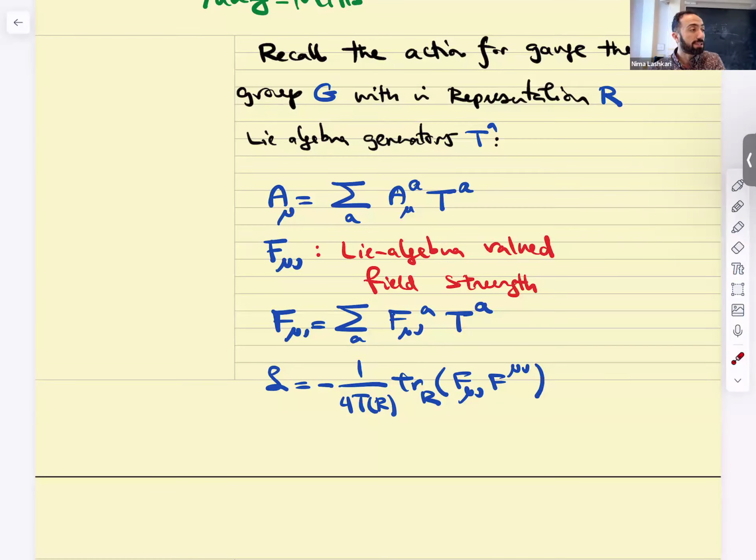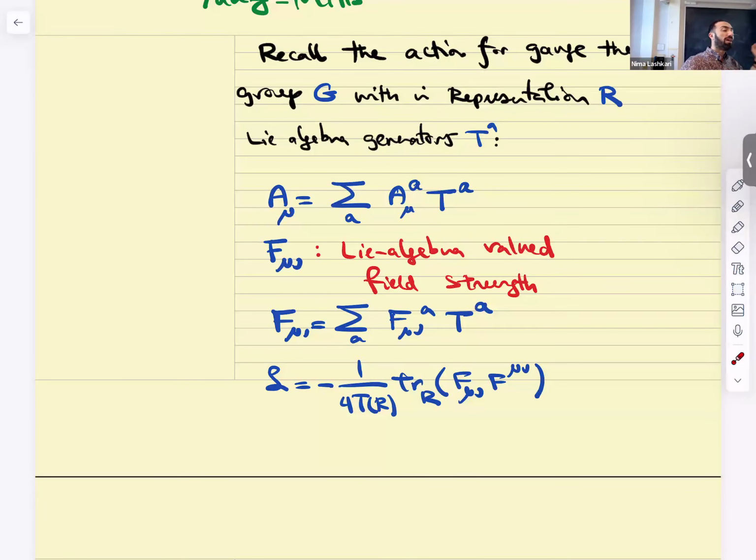I could have, and I did not. I did not, and nobody complained. I just wanted to say that I did not include it. There was a reason for that. Well, I don't think any of you took that course with me. I taught a course on topological phases of matter, and there's a detailed discussion of that over there. But all I want to say is that you're asking why we didn't include it, because this was built based on QED. This is a generalization of QED. In QED, this term is not there. It was just E squared plus B squared as a Hamiltonian. So we're just generalizing that picture.